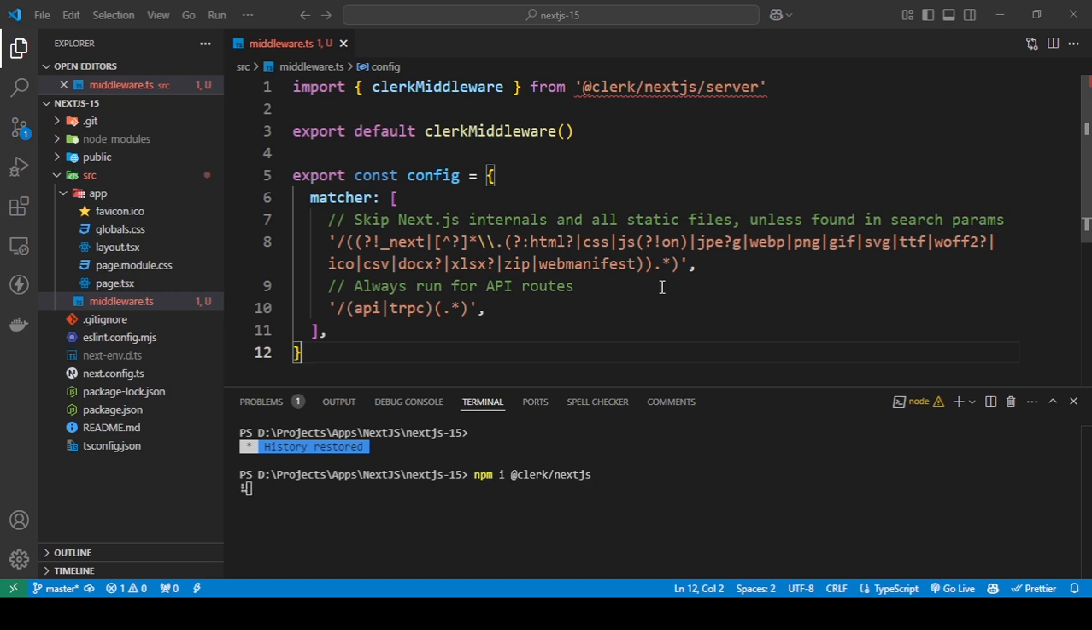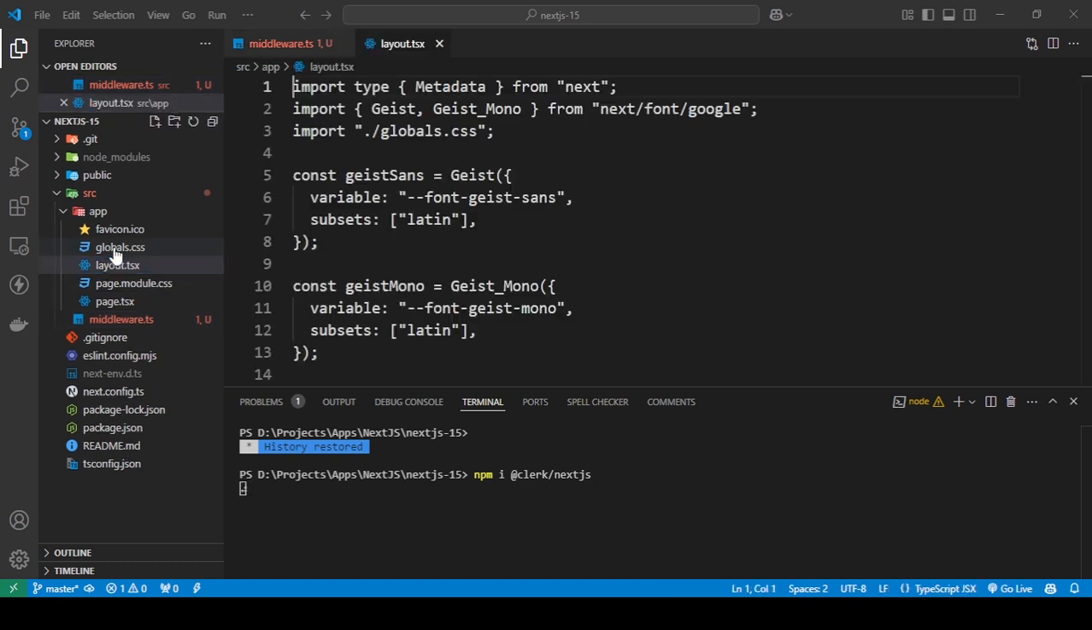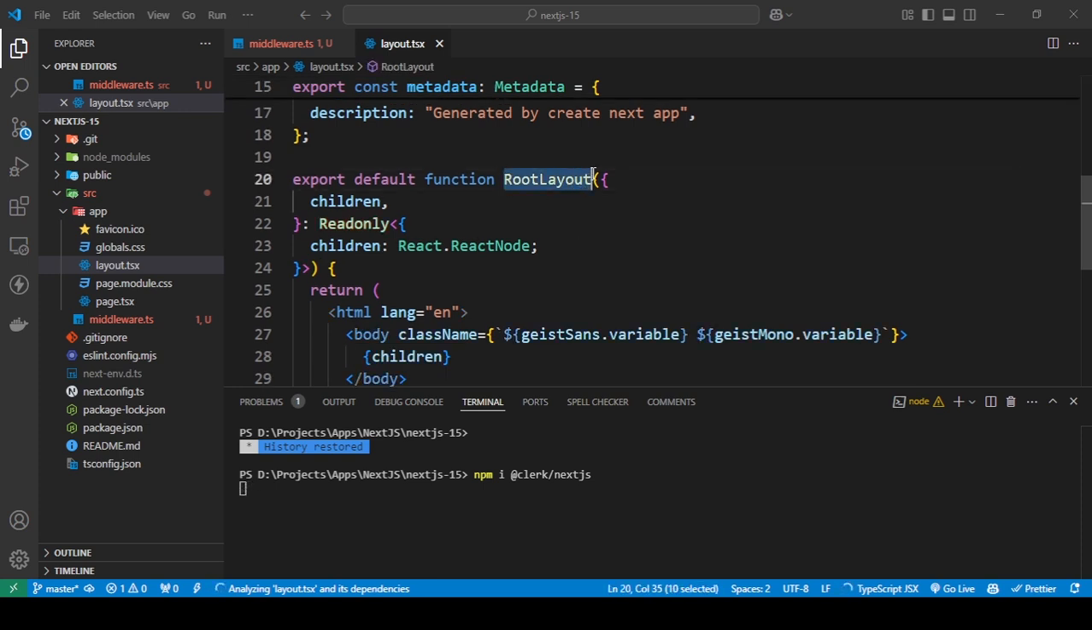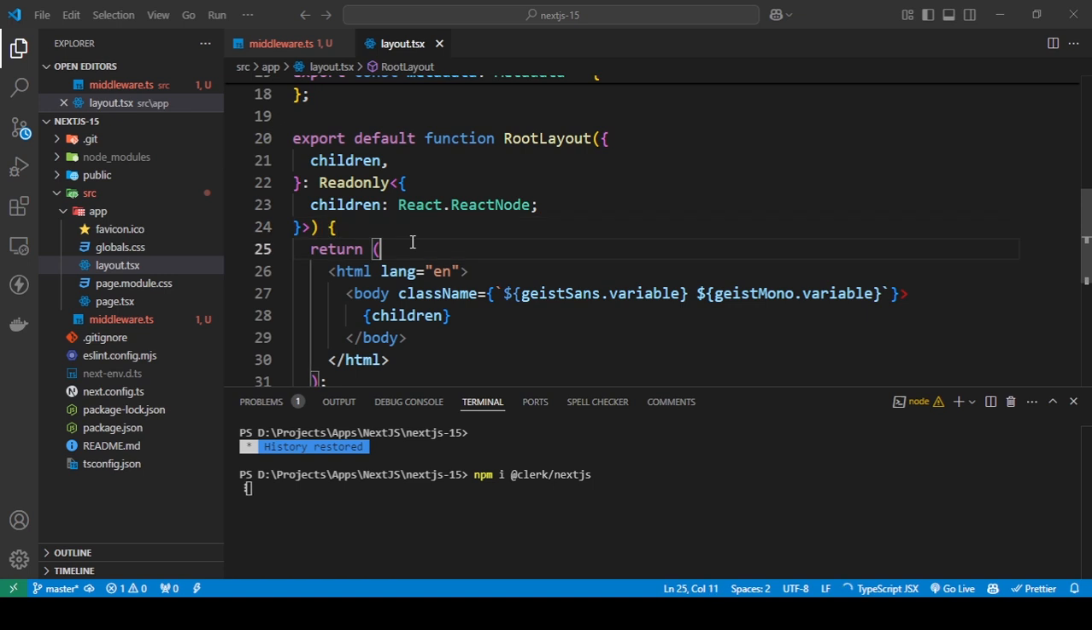Okay, so while this is installing, go into your layouts folder, and this has to be the root layout. Okay, and you'll see this, the root layout. Okay, so here what you need to import in is called ClerkProvider. Okay,